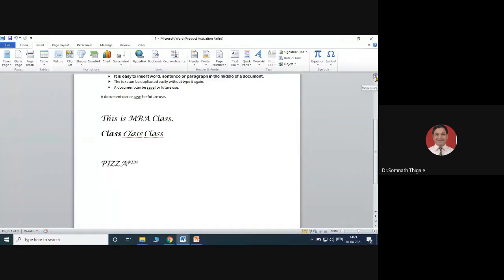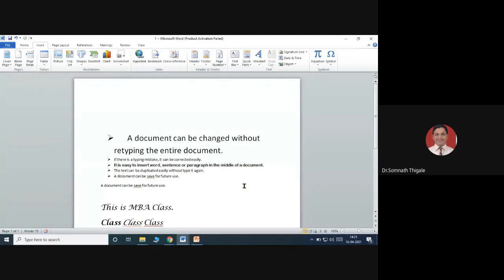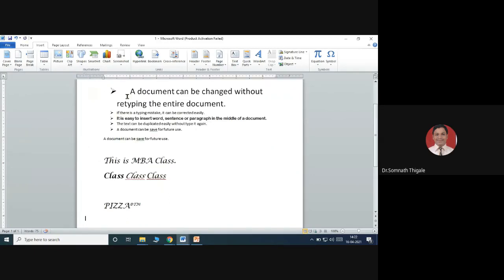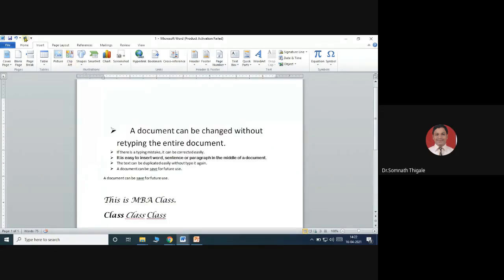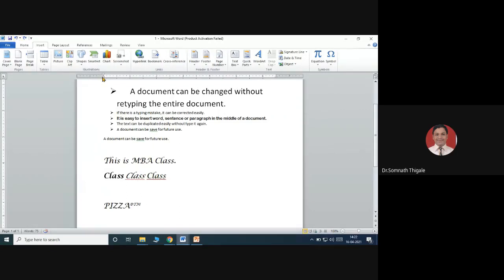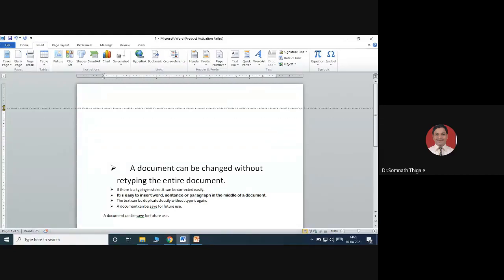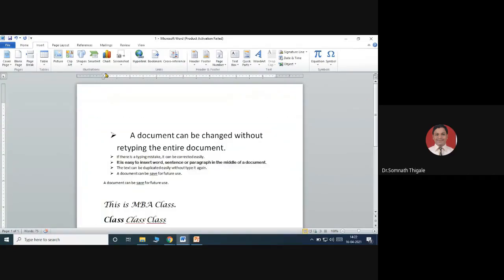If you uncheck this, the ruler will not be there. If you click here, you get an option about the ruler properties. If I bring the cursor here, everything will change. This is horizontal, this one is vertical. So if you want to set the margin, this is vertical and this one is horizontal. Basically this is used to set the margin.